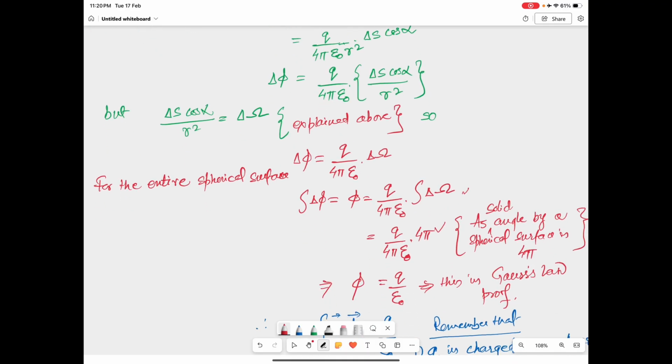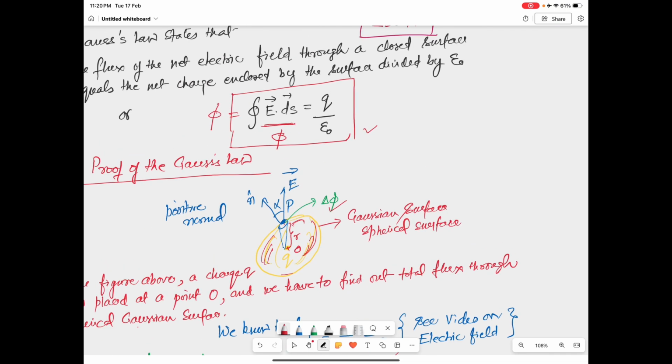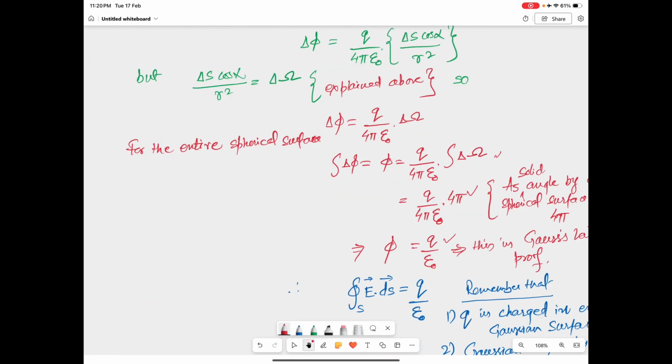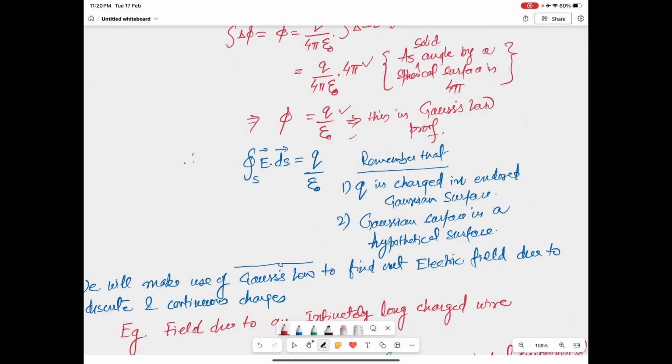So it will be q upon 4 pi epsilon naught into 4 pi, which is q upon epsilon naught, the right-hand side of Gauss's theorem. So this is the proof of Gauss's theorem, for which you must know what electric flux and solid angle are. We must remember in Gauss's law that Q is a charge enclosed inside